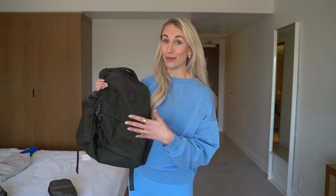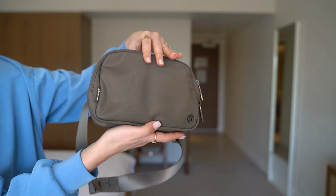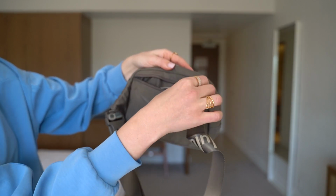So you can use it to travel with, but then it's also going to be a functional piece. It's not just shoved in the closet. I was thinking of bringing a tote as well, but the backpack really just satisfied all of my needs for that. The second thing is if I need to carry less, but more than a 1 liter everywhere bag,